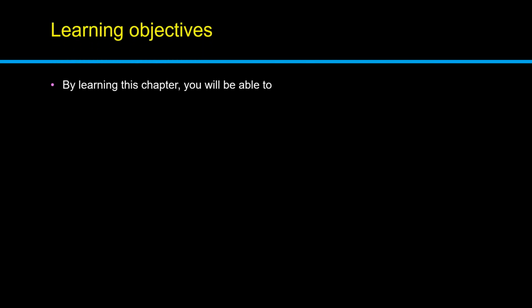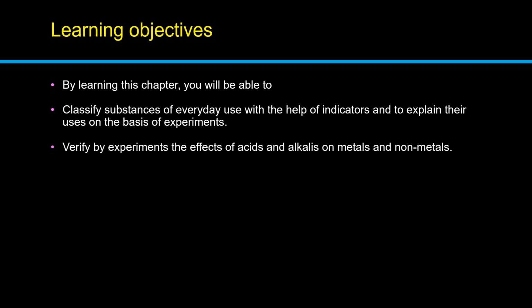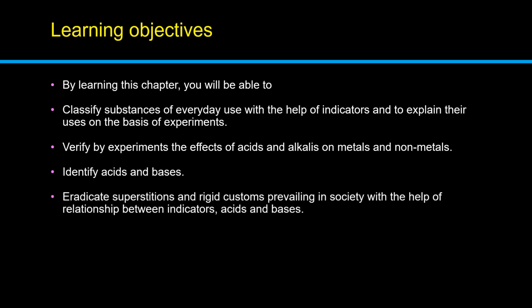The learning outcomes of this chapter are: by learning this chapter, you will be able to classify the substances of everyday use with the help of indicators and to explain their uses on the basis of experiments, verify by experiments the effects of acids and alkalis on metals and nonmetals, to identify acids and bases,